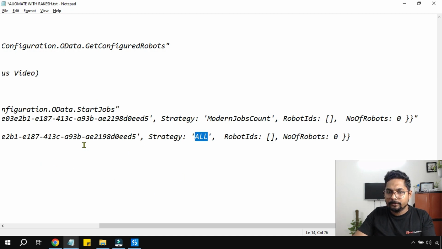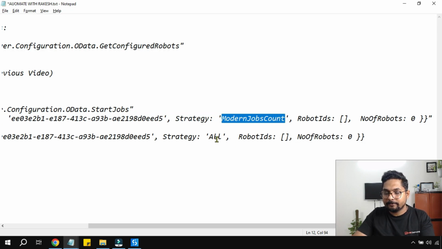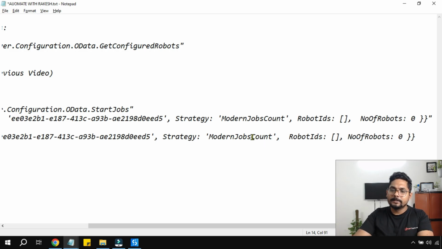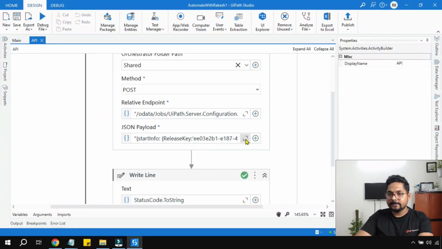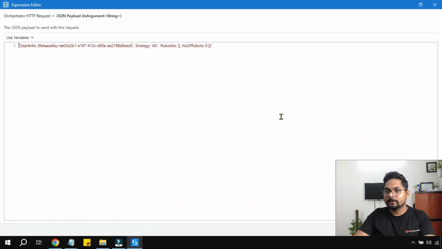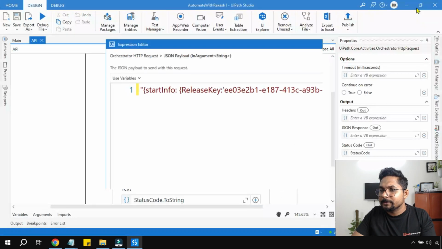All you have to do is write something called modern job count. Very important point: instead of all, you write modern job count. This is the value you have to enter, modern job count. Make a note, modern job count. Now let me do the change directly here in the payload. I'll remove this all and simply paste modern job count. Done. Now let me save this